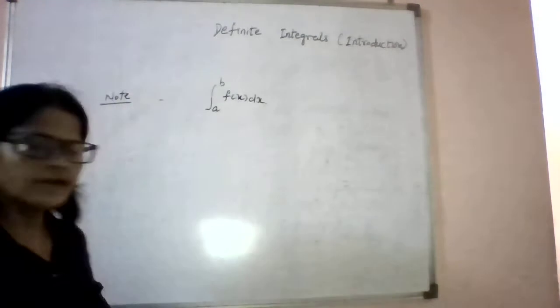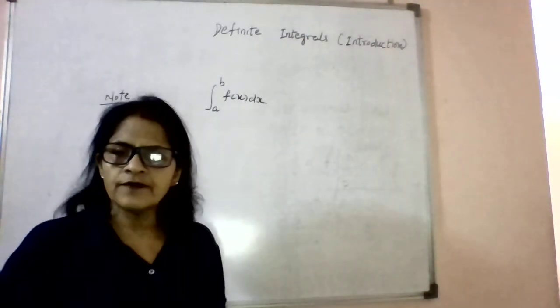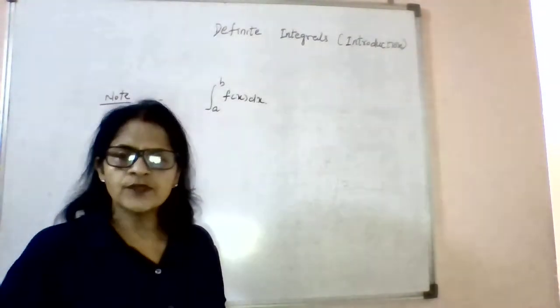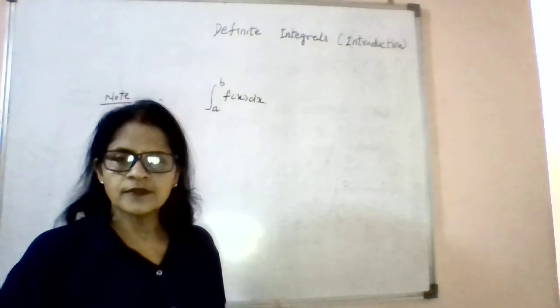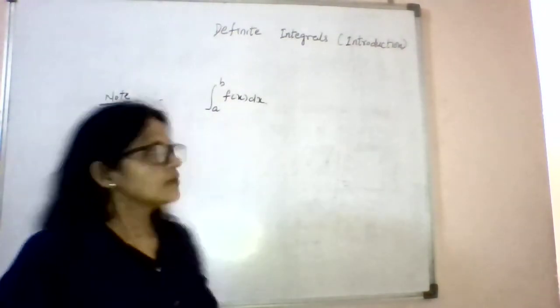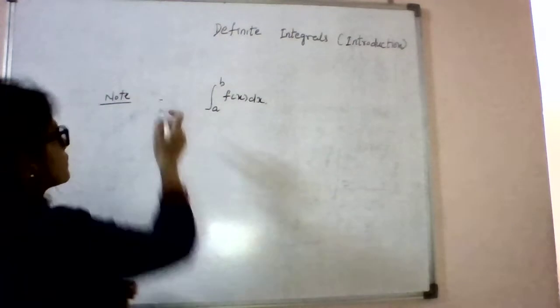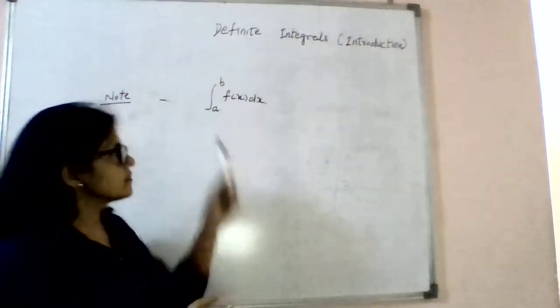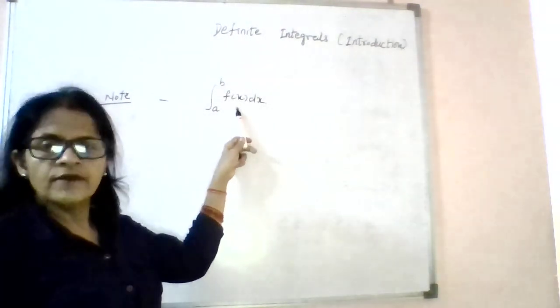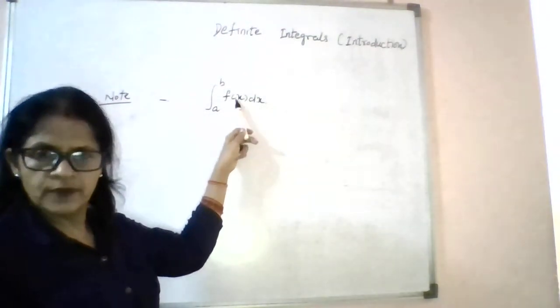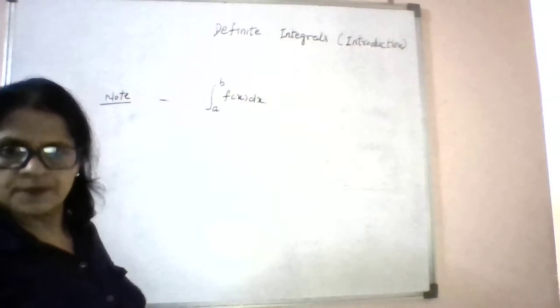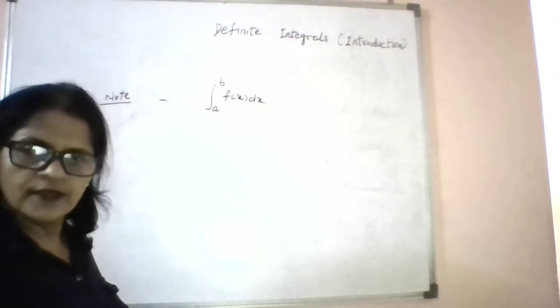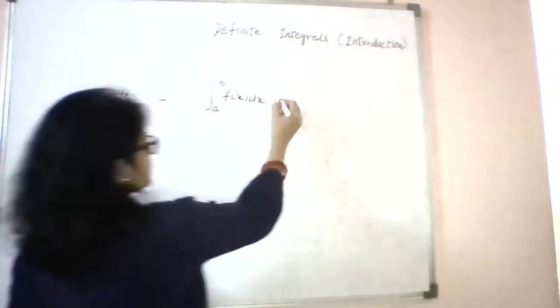So after studying two fundamental theorems of integral calculus, let's wind up the class with some summarization. First thing you can see, whenever you take definite integrals, the integral of f(x) dx from a to b, geometrically speaking, the definite integral represents the area